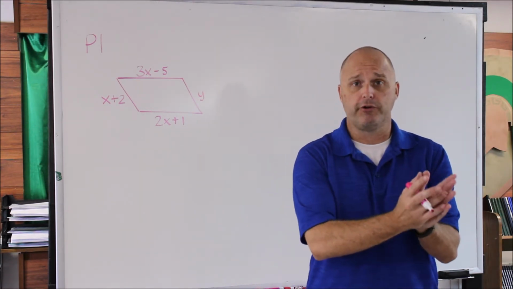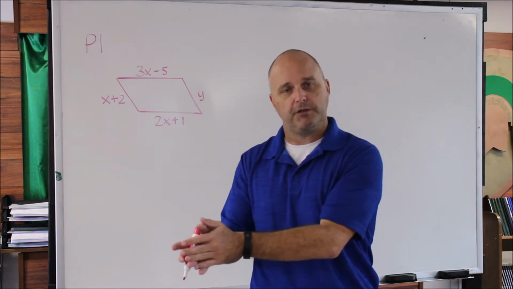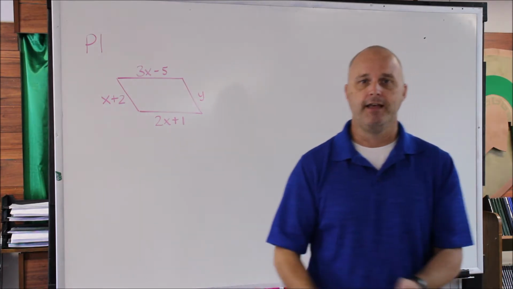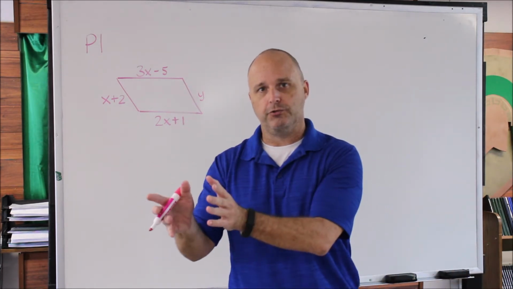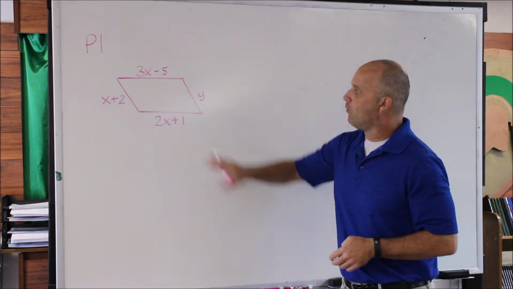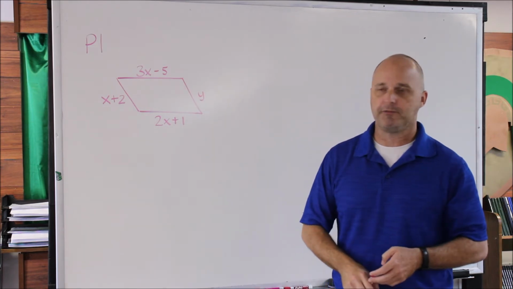And again, what you learned is one direction. If it's a parallelogram, then all of this must be true. Now we're going to reverse it and go the other direction and say, if this is true, then it must be a parallelogram. So in problem number 1, you're given 3x minus 5 and 2x plus 1 for opposite sides,